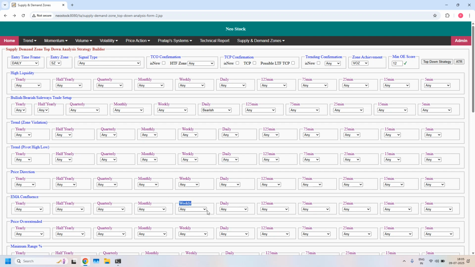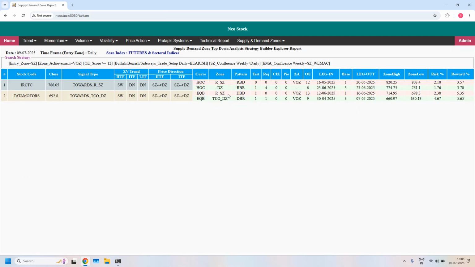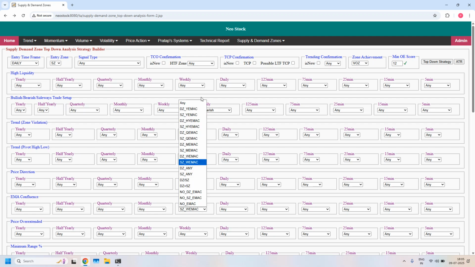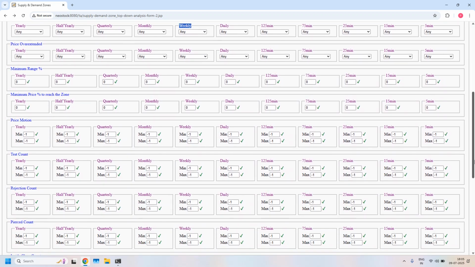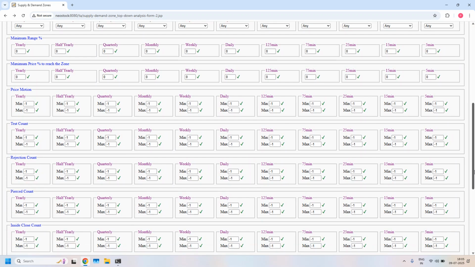And weekly, because daily overlapped with weekly. So weekly supply zone with weekly EMA. See, again both are filtered. Next, removing EMA filter, even if you keep, not a problem for these two. Anyway, both are. Now let me check